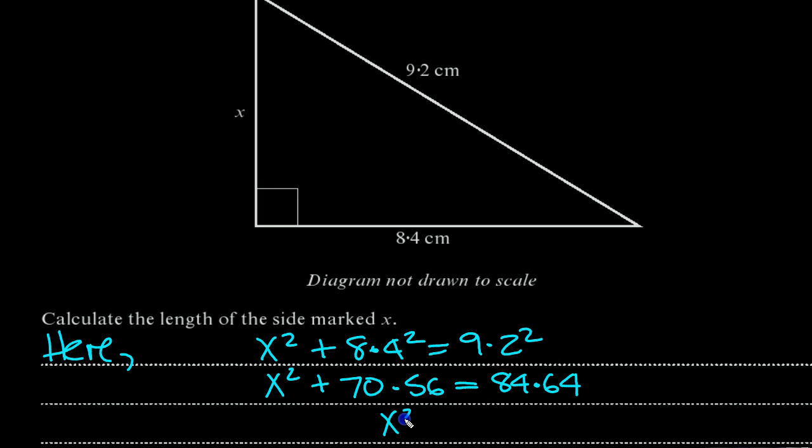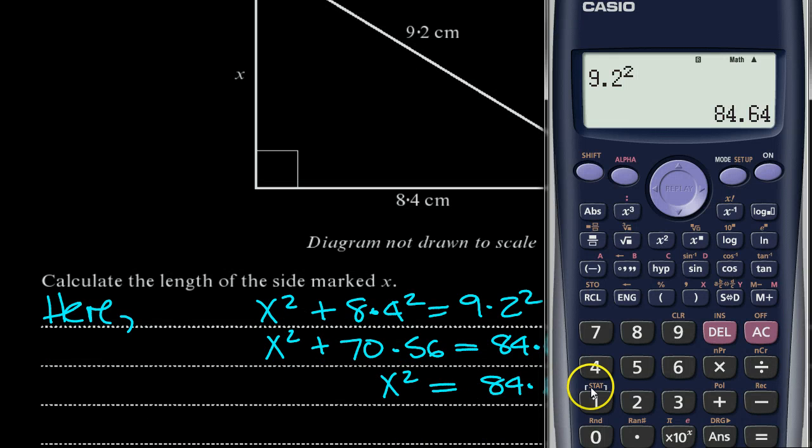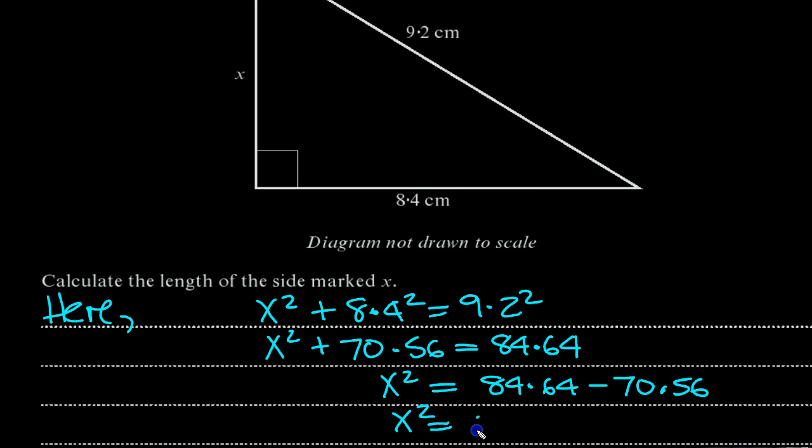So then we can see that x squared is equal to, now move this 70.56 across the equals and flip its sign, 84.64 minus 70.56, and that we can tap in the calculator again. So it was 84.64, which we've got, minus the 70.56 equals 14.08. So x squared equals